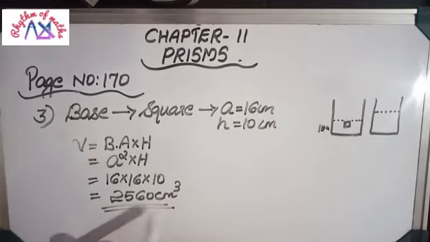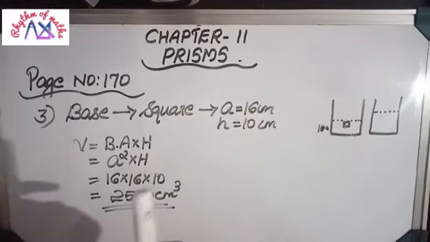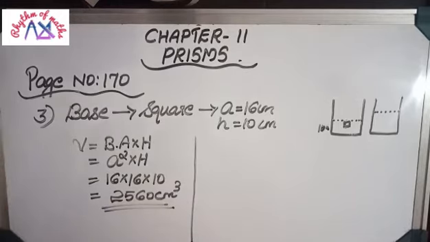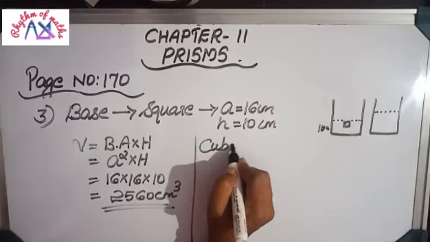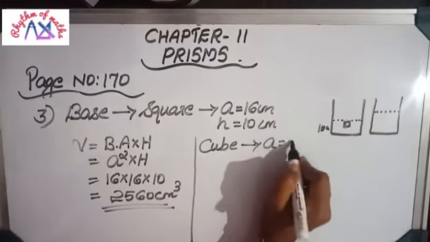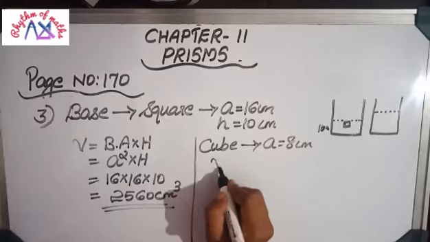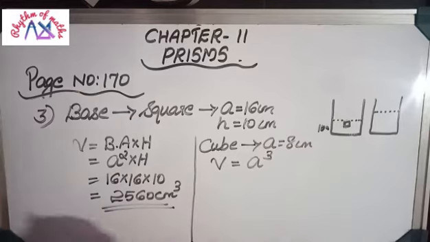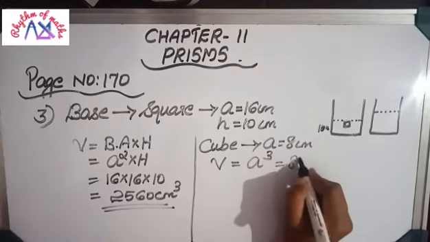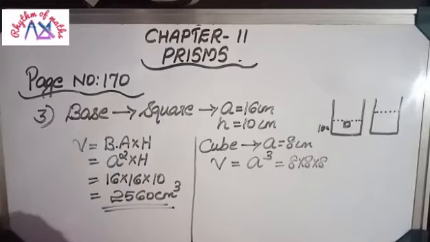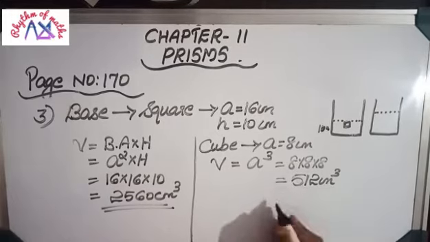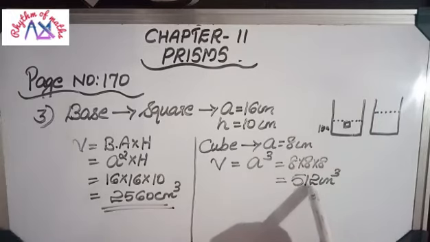Now into this volume we are putting what? A solid cube. So that solid cube volume also we need to find. That solid cube's side is given, a equal to 8 centimeter. So its volume, what is the equation? Volume of cube is a cube. Okay, a cube is the volume. So a cube equal to 8 into 8 into 8. That answer is 512 centimeter cube. So this is the extra volume.